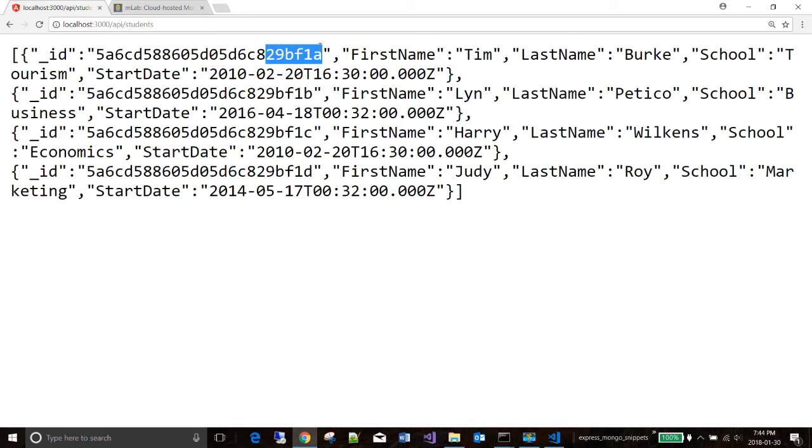So now we learned how we can simply create a web API that spits out JSON with data that comes from MongoDB. And it really doesn't matter where that MongoDB resides, you can get at it. Now let us add another route